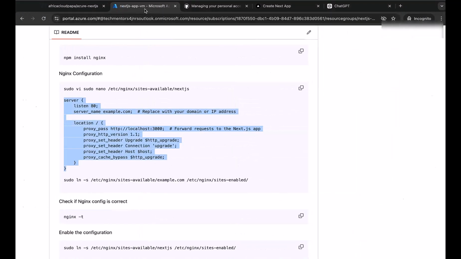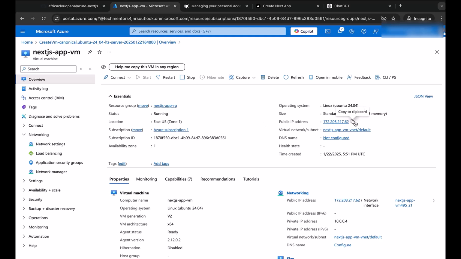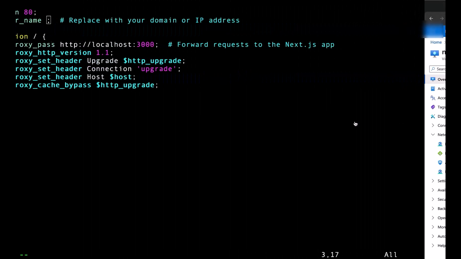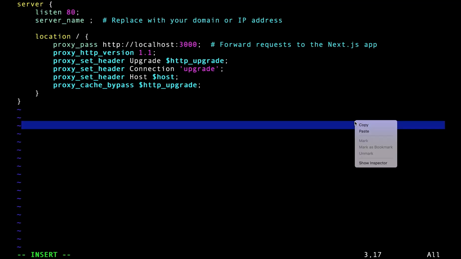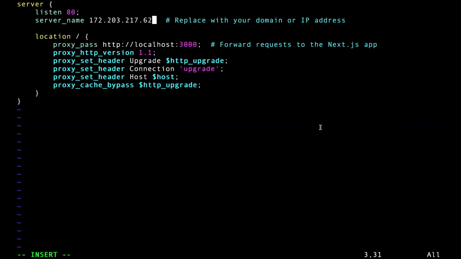I'll go and copy that from here. Now I have used the IP address as the server name, so we don't need to input the 3000 again